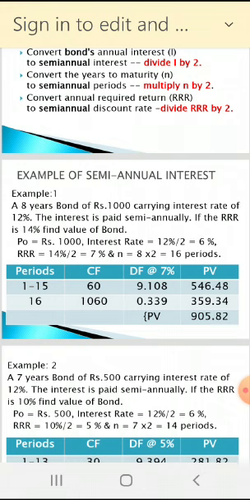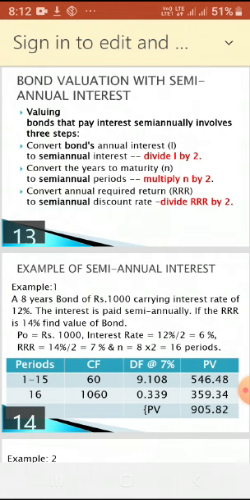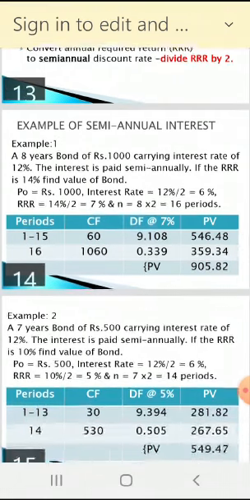So first of all, we have to do it this way. Again, I am repeating: the interest rate should be divided by 2, the required rate of return is divided by 2, and N, the life of the bond in years, multiplied by 2 is the answer you will get. So we divide two things: one, the interest rate, second, the required rate of return. We multiply only one thing, that is the life of the bond, which will be multiplied by 2. Is it clear? So how many periods are here? We have 16 periods. Is it clear?